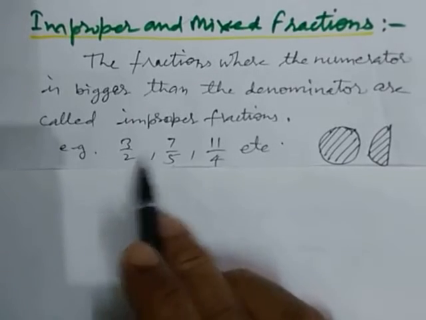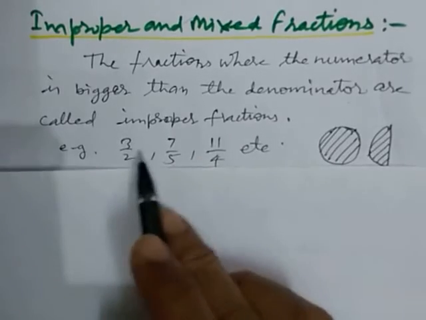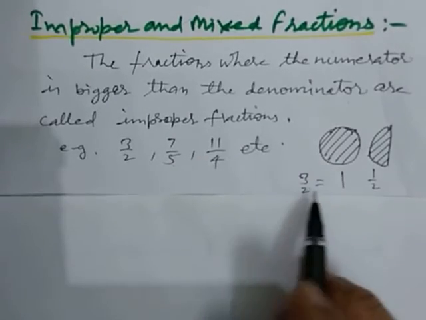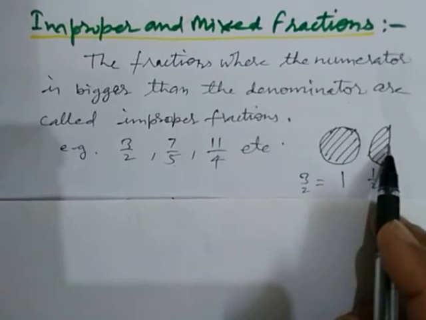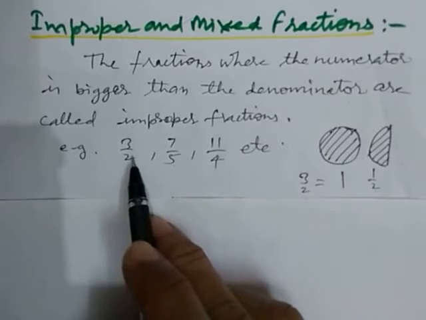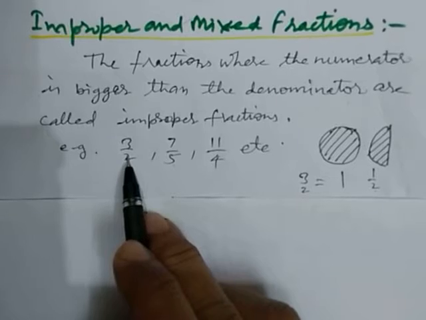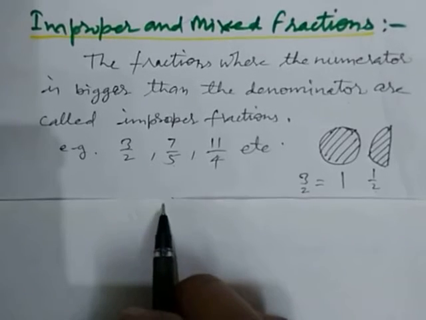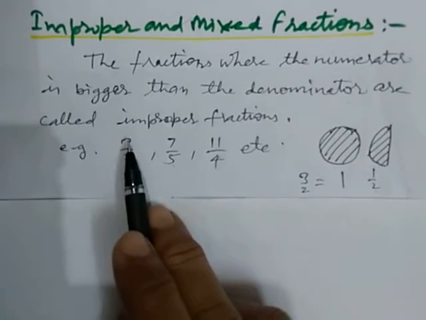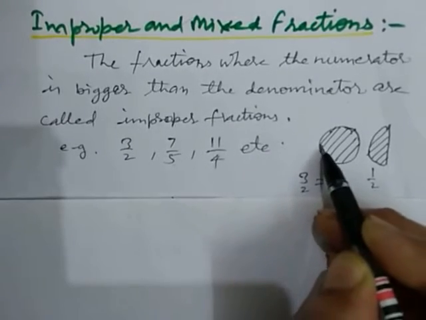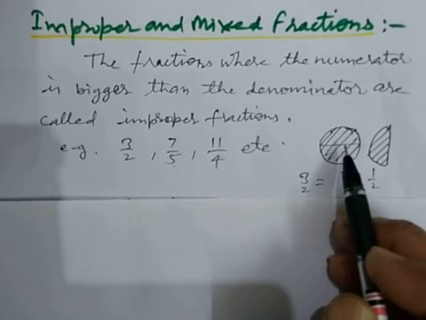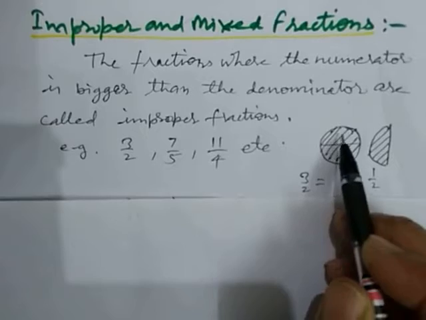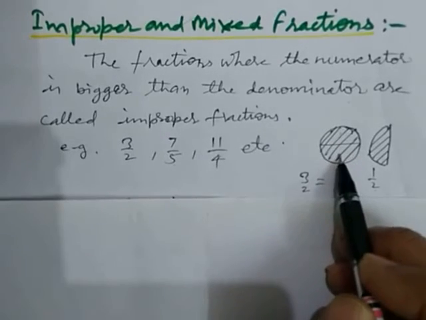Okay. Now here this is the 3 by 2. How do we express the 3 by 2? 3 by 2 is 1 and a half. This is the 1 and this is the half. 3 by 2 means two parts represent a whole figure. Then we consider 3. So how? These are the 2 parts. If we make 2 parts of a single figure, then each part represents a half.